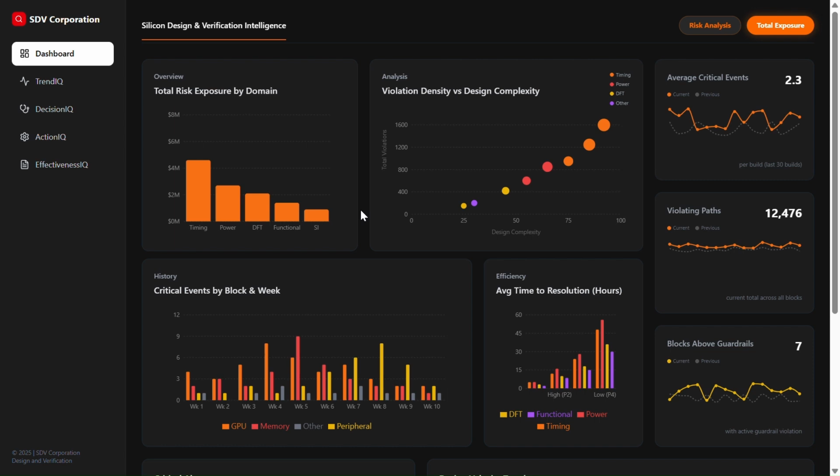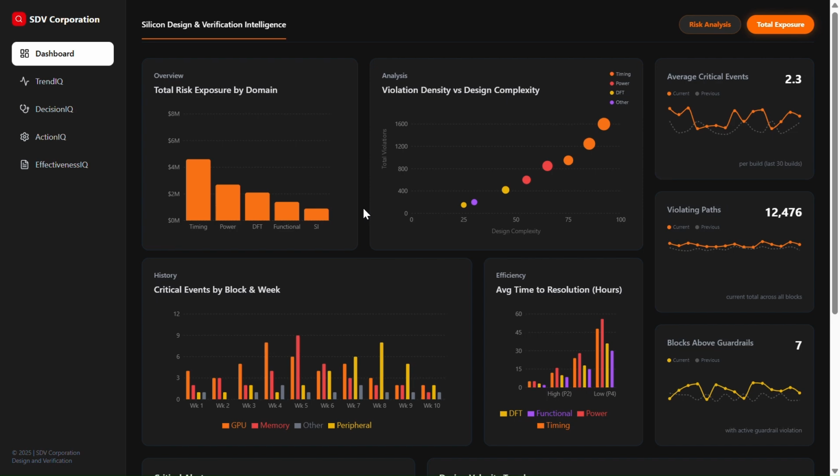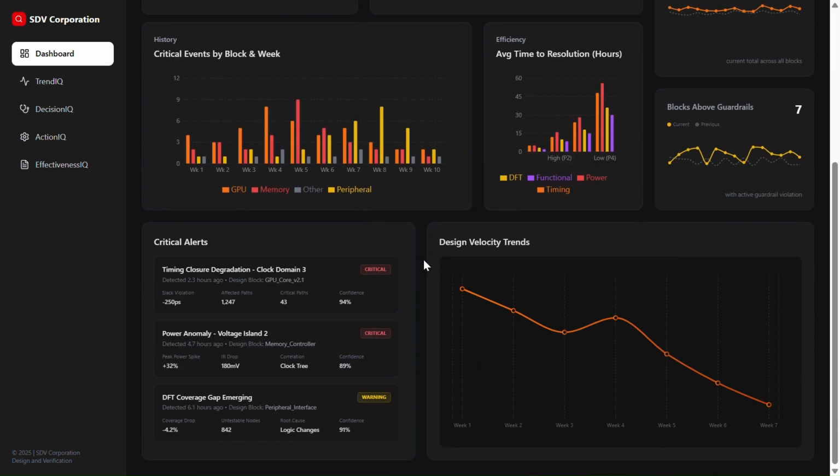Welcome to the Silicon Design and Verification Intelligence demo, built on the IntelligenceIQ framework. In the next few minutes, I'll show how we navigate from identified events to trends to intelligence, while incorporating a learning loop. This demo focuses on defect prediction in silicon design and verification, spotting high-risk issues early, so they never